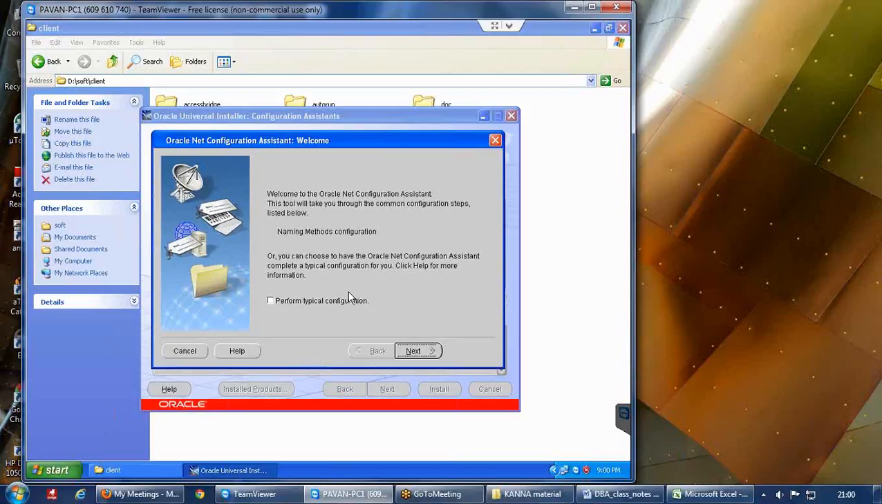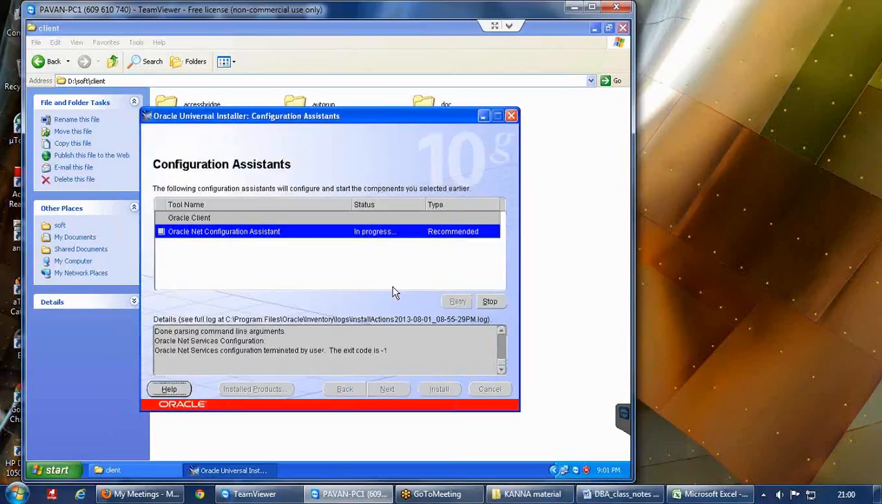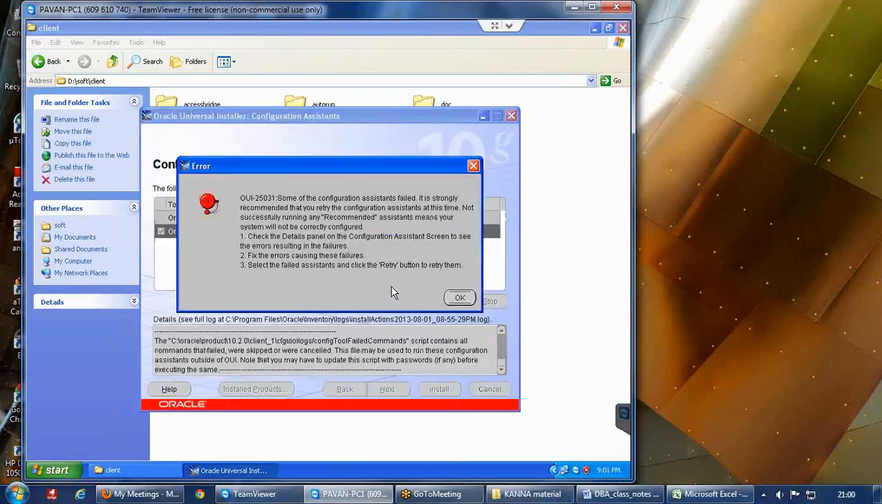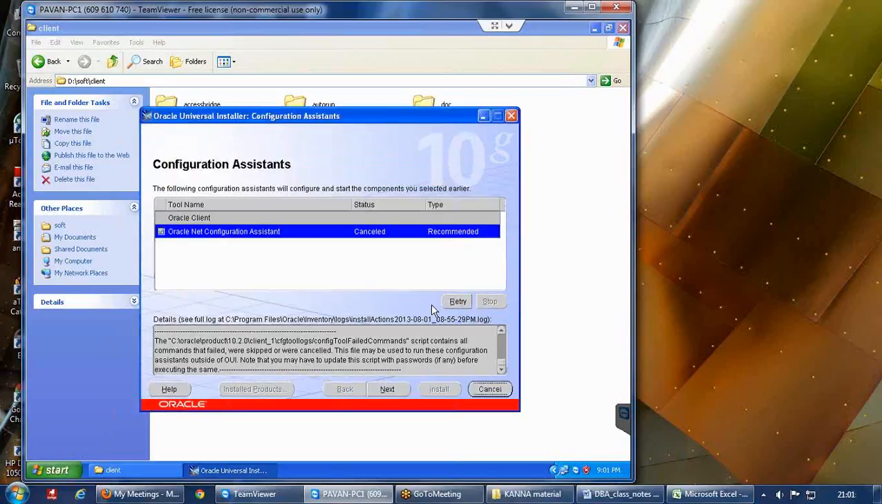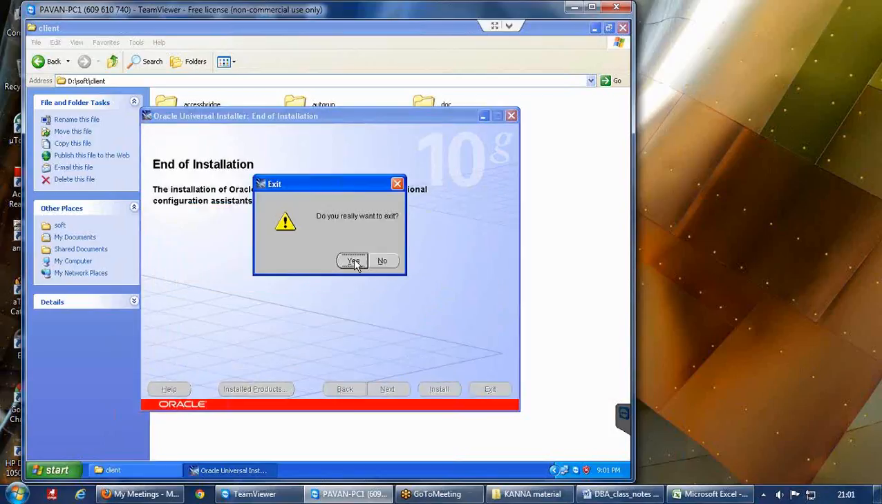What I will do is skip it at this moment. I am cancelling it, because I want to show you how to do it after the installation completes. Because you cancel this NetCA, it is going to give you some warning. No issues, click on the OK button here, and when you click on Next, your installation will be successful. So once you exit,